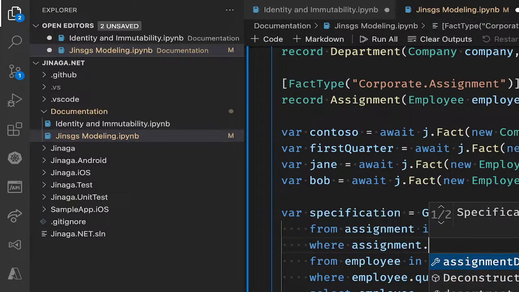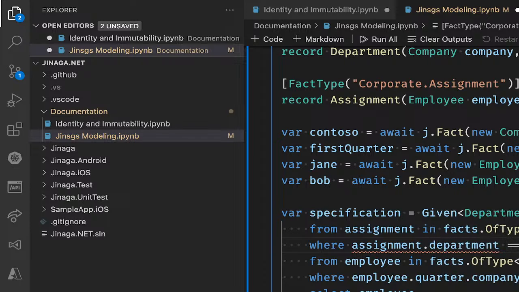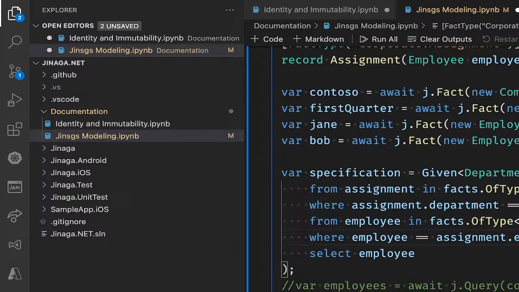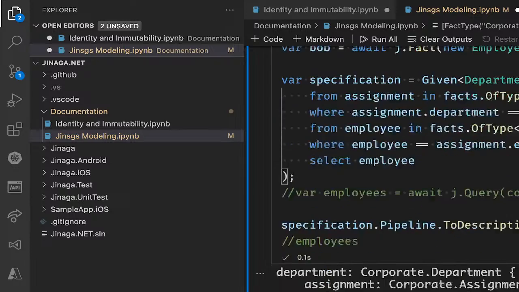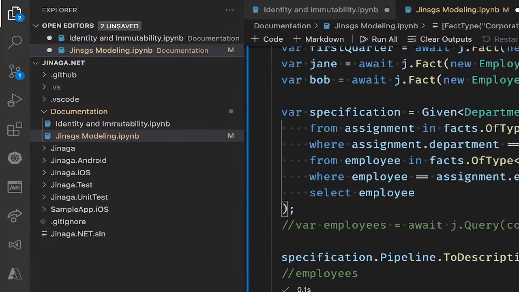So that's going to point back to the department. And now that I've got the assignment, I can say from the employees... Yep. So now if I run that, I get a pipeline that has two steps in it, or two